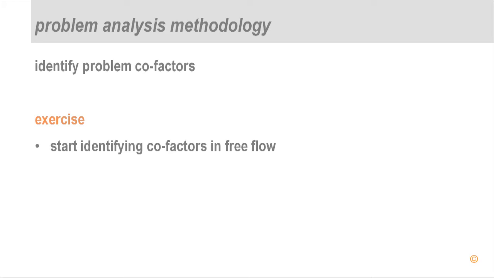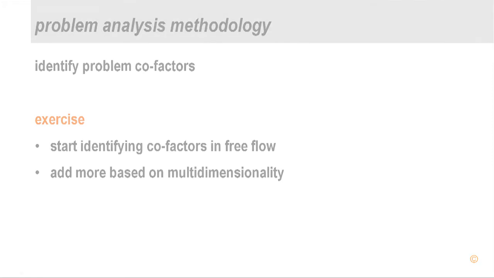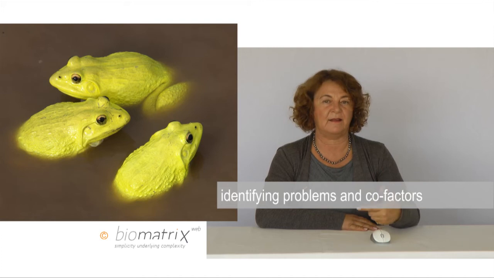When you think you are finished with the list and you have dealt with all problems and their cofactors, we suggest that you use multidimensionality and look if you can add some more cofactors to any one of those original problems. So you would look, could I add some psychological cofactors, like lack of enthusiasm, or some cultural, ethical,